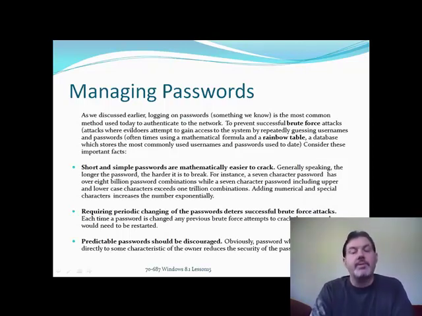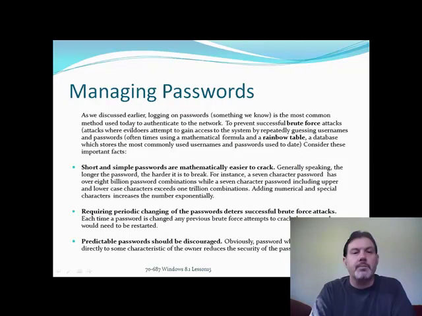Now, there are people out there that take advantage of this because a majority of people, if left to their own will, would be using very simple passwords. Passwords that would be easy to remember or linked specifically to something that they know or about themselves. So people take advantage of this and they will attempt to authenticate to a resource and gain unauthorized access to that resource through a method that we refer to as brute